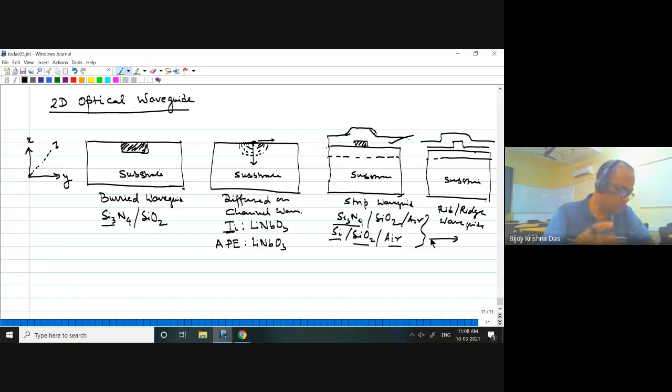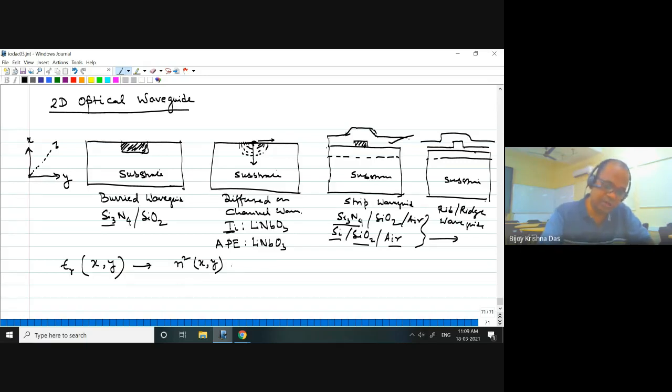If such a cross section is there, it is clear that you have the dielectric constant, that is epsilon r. Epsilon r is varying in 2 dimensions. The dielectric constant is varying in the xy direction. Along the z direction, it's not varying. That is the direction it is propagating, the propagation direction of the waveguide. So epsilon r means relative dielectric constant, that is the square of your refractive index. So only xy dependency is there.